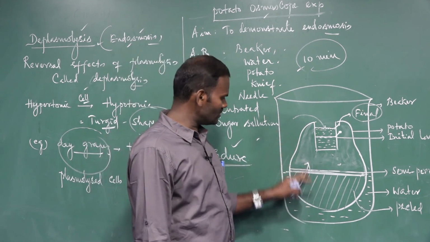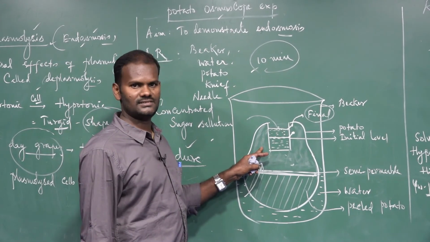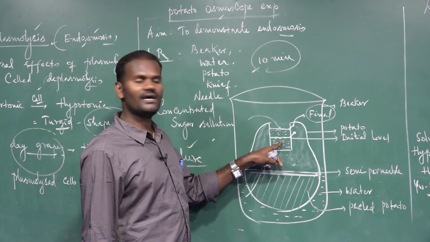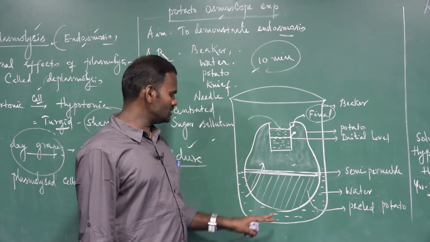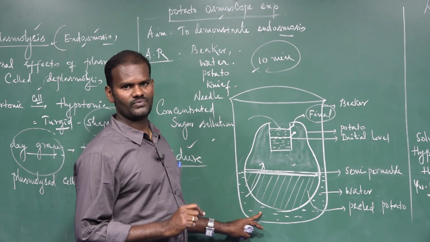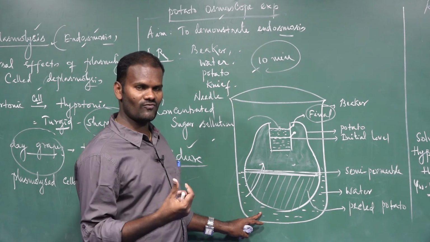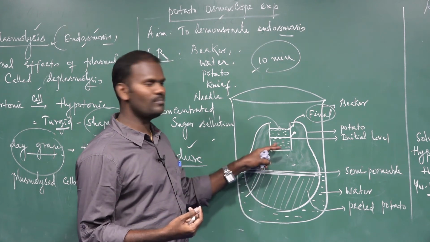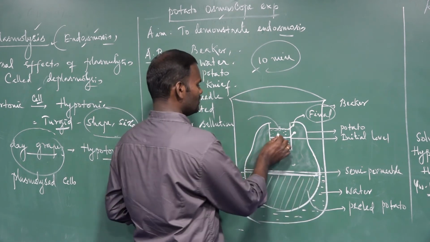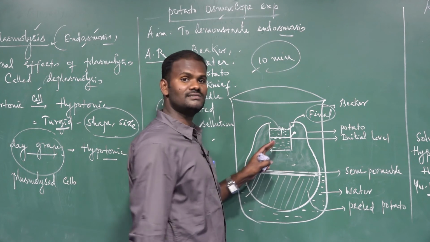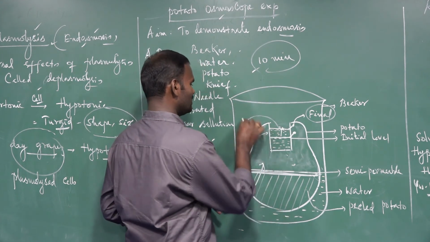But here also osmosis takes place from where to where? From outside the cell to inside the cell, because inside the cell there is a hypertonic solution, concentrated sugar solution. Outside the cell is a hypotonic solution, that is pure solvent or water molecules. So we know the movement of water molecules is from where to where? From hypo to the hypertonic solution. That is why the water enters into the cell and it becomes turgid. So they increase the level of the concentrated sugar solution in the potato tube. So from that experiment we can conclude that it's nothing but endosmosis.